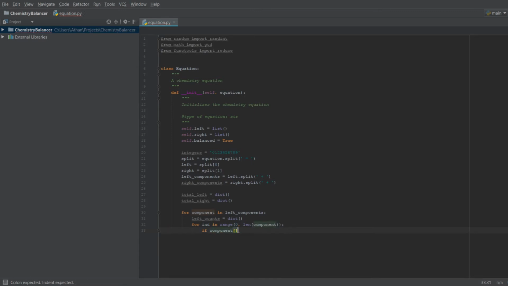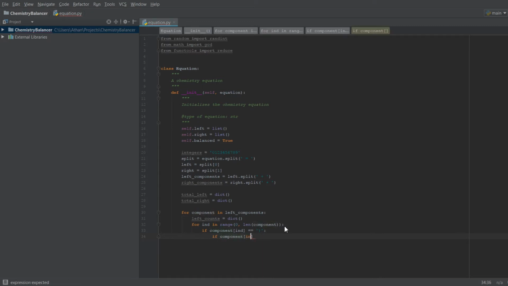If component that's at index is equal to a parenthesis like this, then what is going to happen? Well, if component at index ind minus 2 is equal to the other bracket,